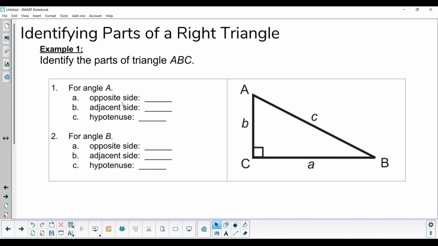Just going to go quickly for angle A. This is my angle A. The opposite side of A is this one. That's a. I'm sorry guys, my